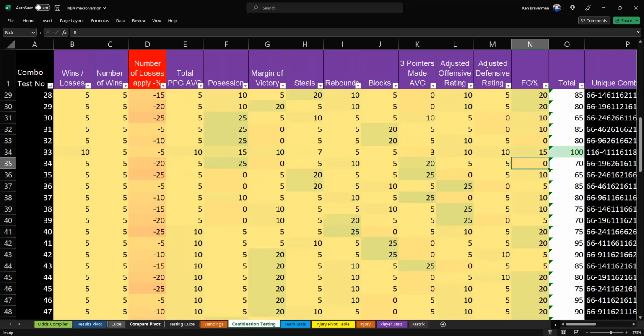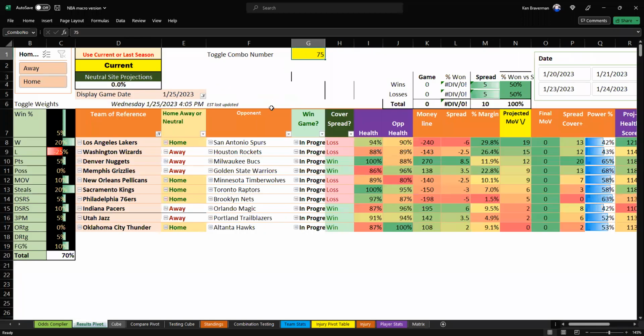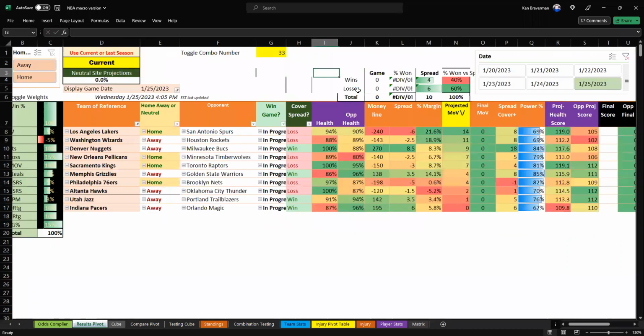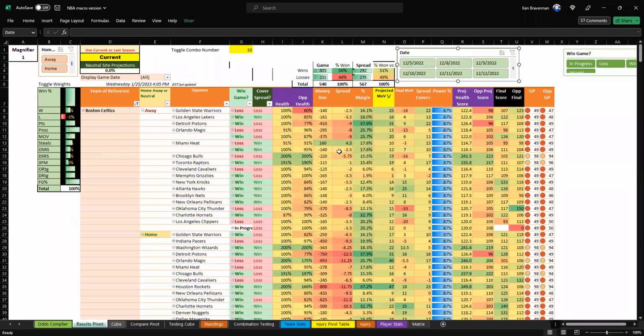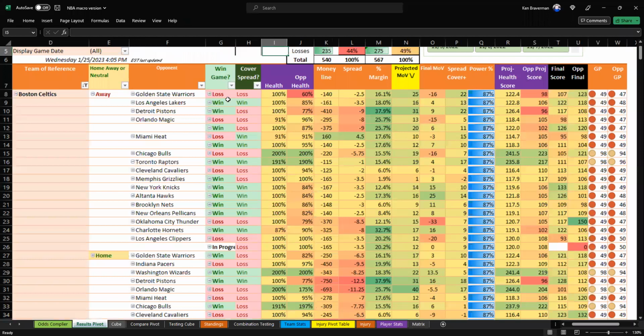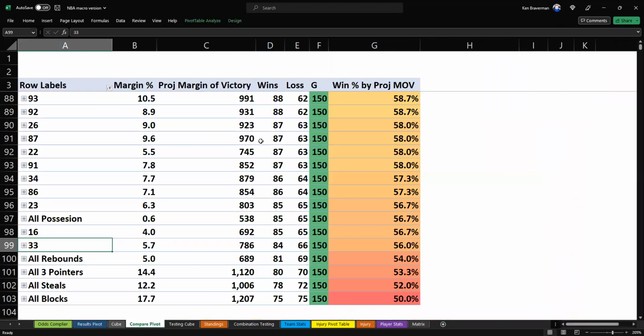Now for number 33, we go into the results pivot and we put 33 here. You can see what it'll do for today. We can also see what it would have done for the entire season by opening this up. And it wins 56%. That is not as good as what we saw in the comparison pivot when we looked at all of these